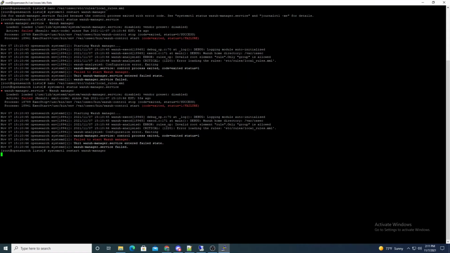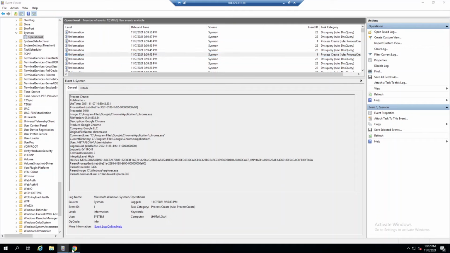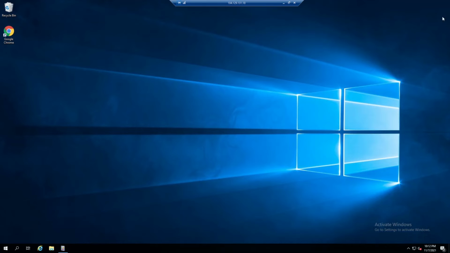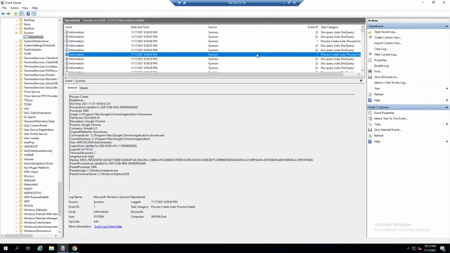And we will restart again. And okay, good. We got a clean restart. So now let's launch Chrome again. So I'll exit out of this. I will double click and launch Chrome, which will again trigger our Sysmon event viewer as process creation. This will be sent to our Wazuh manager. It'll compare this company name within our list, and if it doesn't match, we'll trigger our alert, our rule that